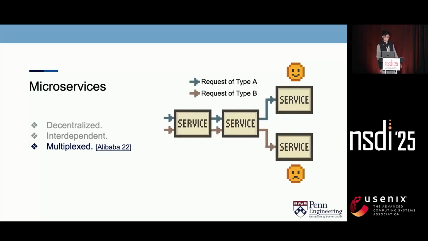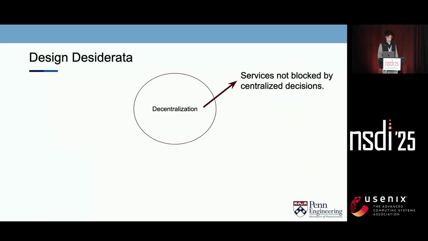The implication is that now if you have one type of request that involves an overloaded service, like type B, it could overload the shared services and cause head-of-line blocking to a not overloaded interface, type A, in this example. That's why it's challenging, because you need to figure out which interface actually involves the hotspot.